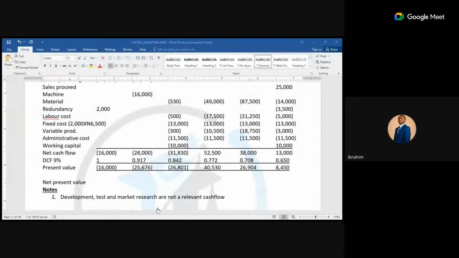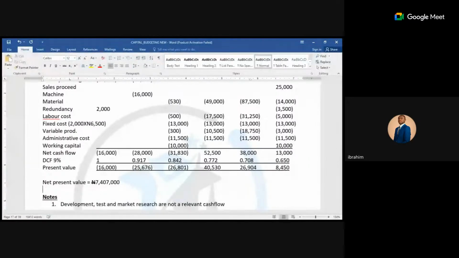So what is the NPV, class? 7,407. Okay, so the NPV 7,407 is a million, right? 7,000, not 17. Okay, 7,407. I beg check. So that is a million now. 407. So are we still together, please? Yes, sir. Okay, so what is the decision